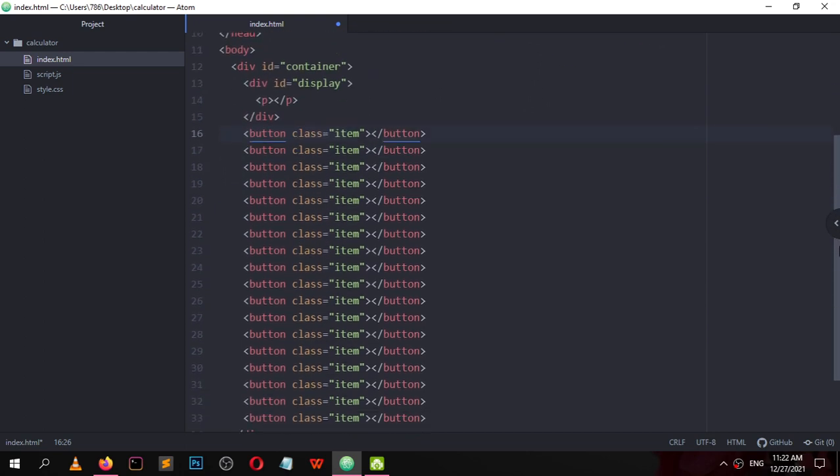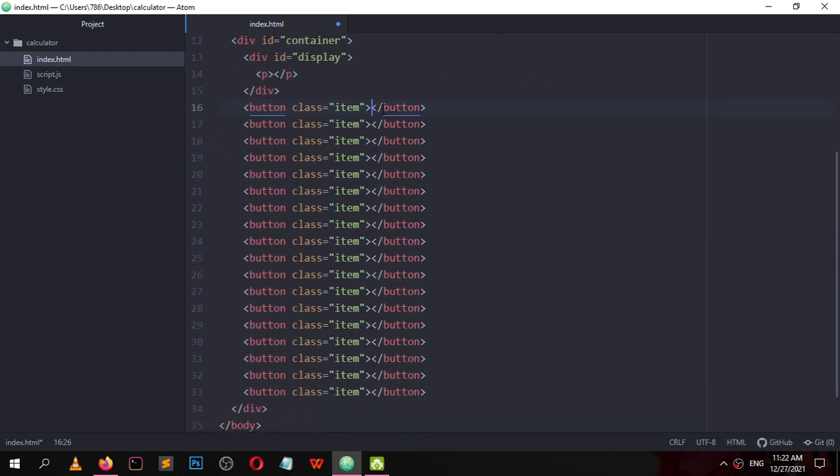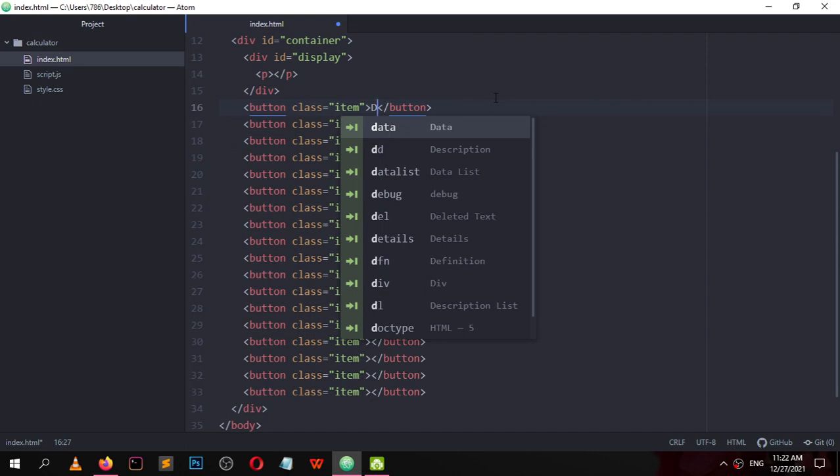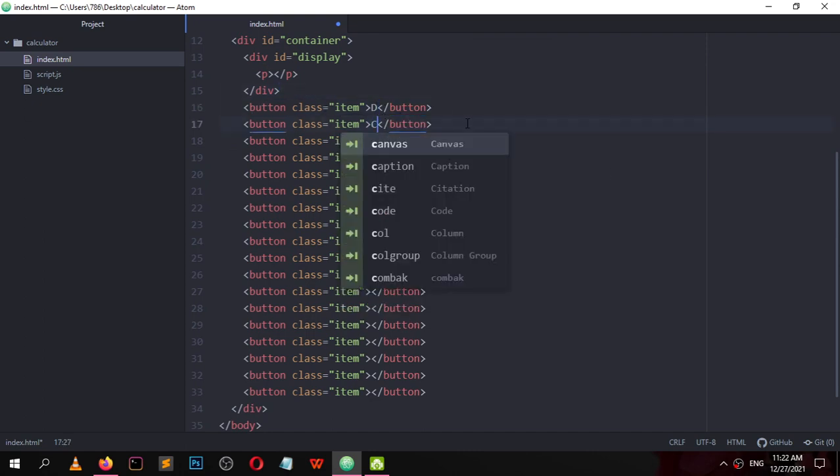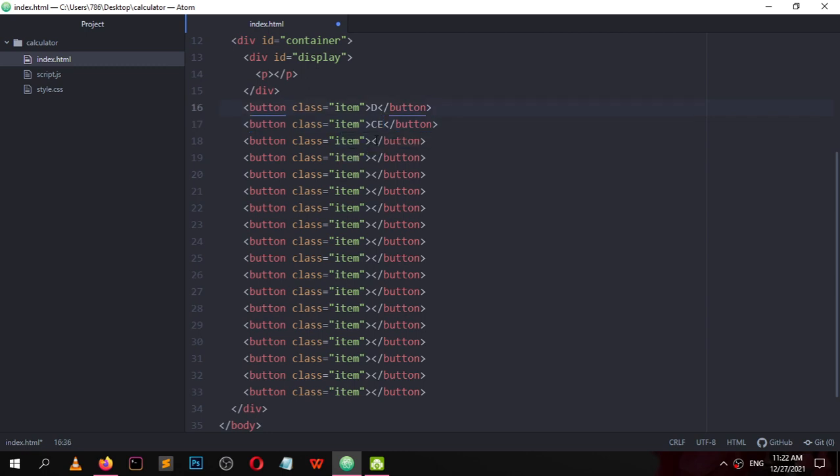These are 18 buttons. Now the text inside the first button is D, for delete. The second is CE, for clear all, and the third one is slash, to do division. Now 1, 2, 3, and 4 is asterisk.